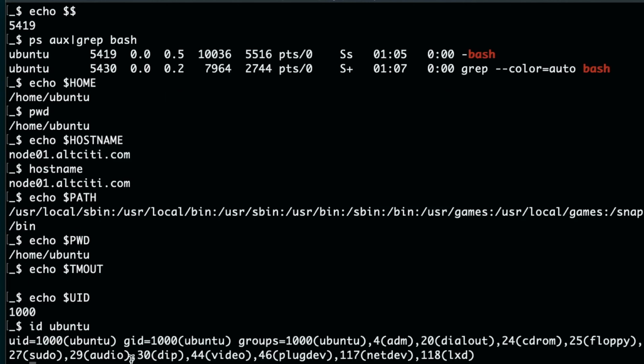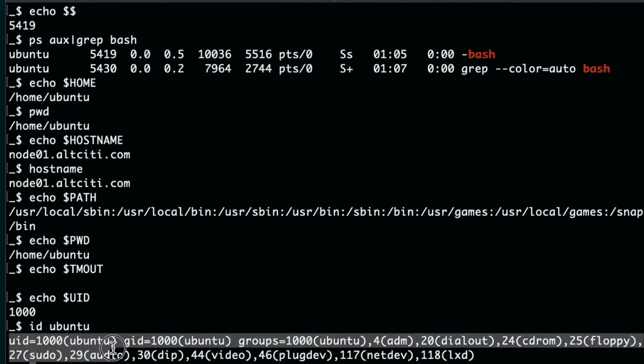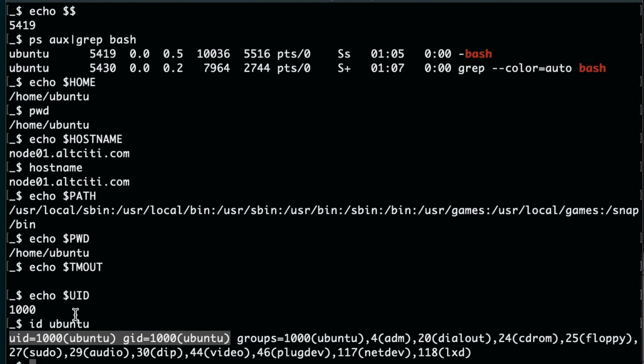If you say id ubuntu, you see that's the user ID, and that one is group ID. So that UID gives us the user ID. So you must have noticed as a convention we use capital letters for bash variables. You don't have to, but it is good to have that convention. Keep it that way. Okay, that's it for now. I'll see you with the next video.